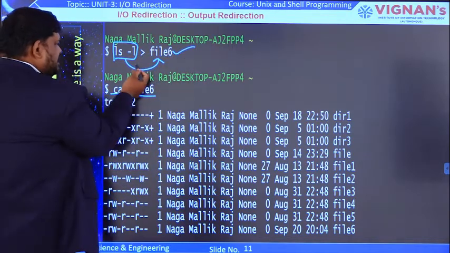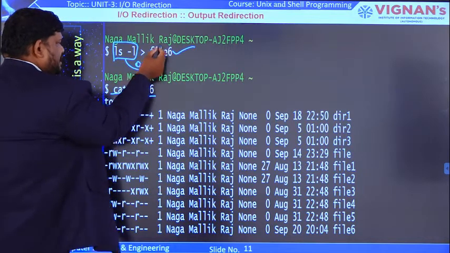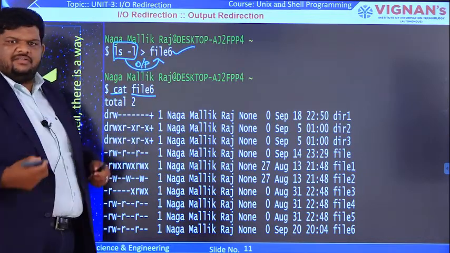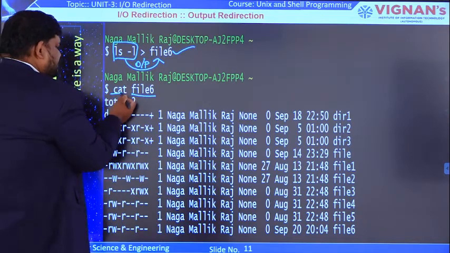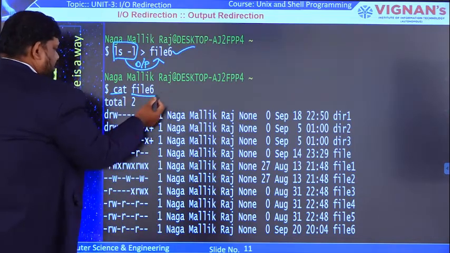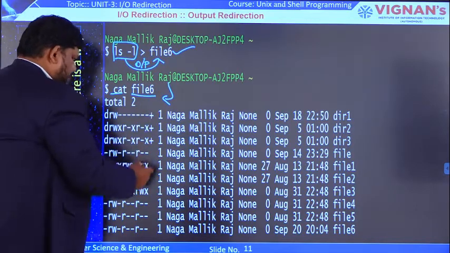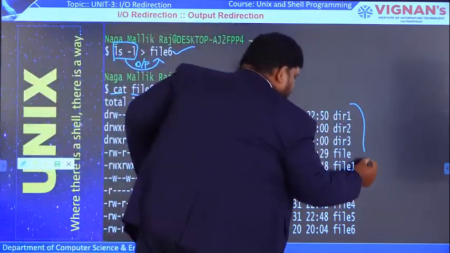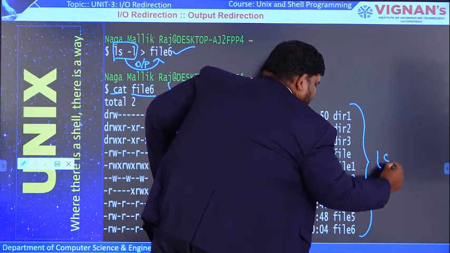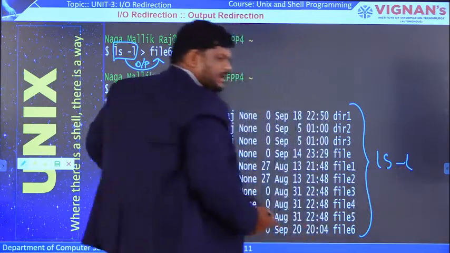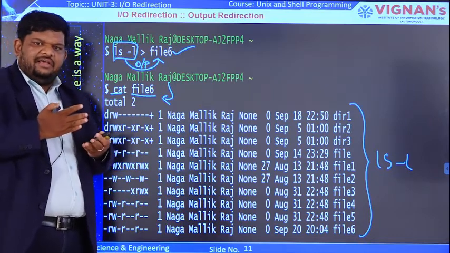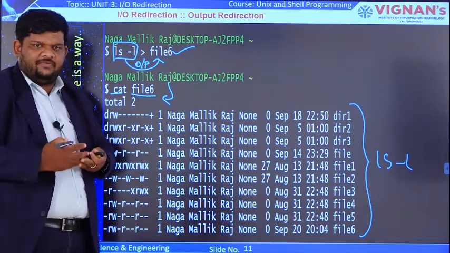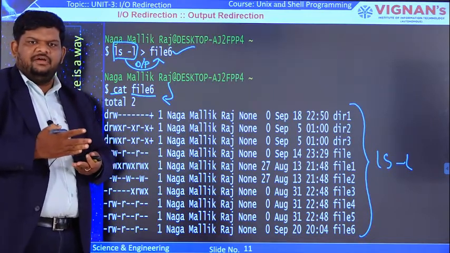That's why the output was not displayed; the entire output was diverted to file 6. When we execute cat space file 6 and press enter, we observe the entire output of the command ls -l. In this way we can redirect the output to the specified file.